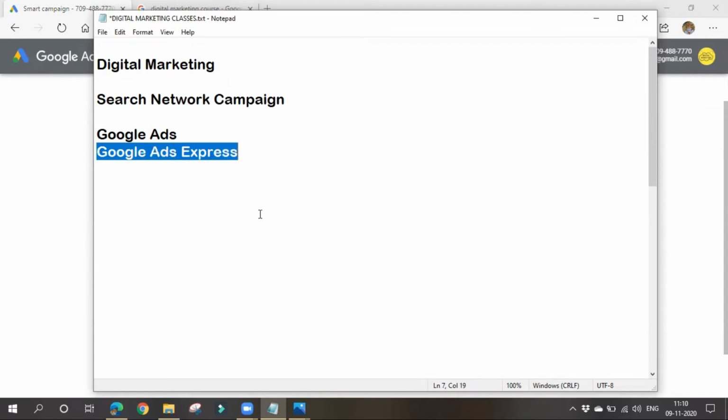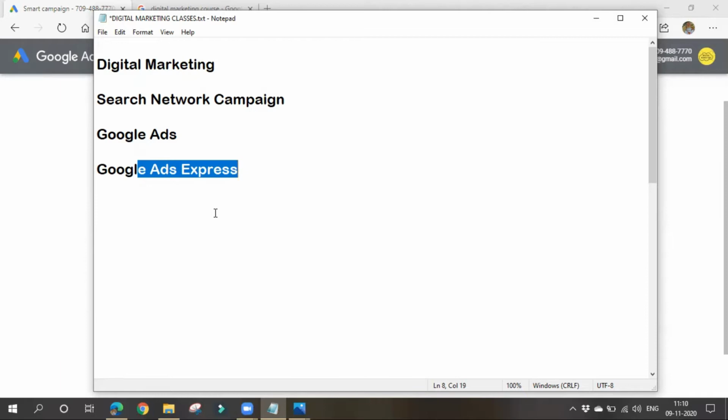These are all smart campaigns. Here, campaign management is totally automated and the control is in the hands of Google. You will not have any manual control. If you simply give some money to Google, Google will take care of everything.